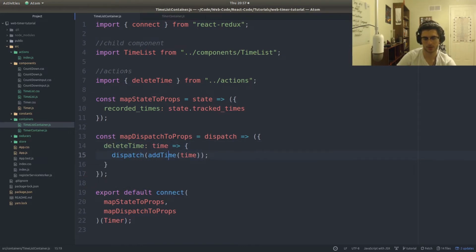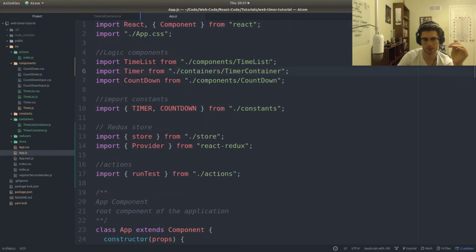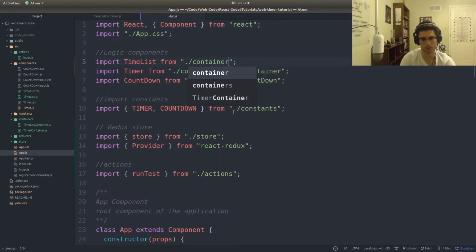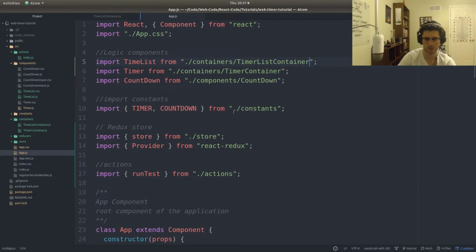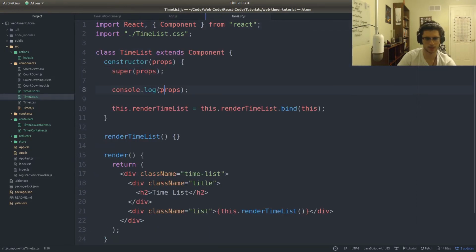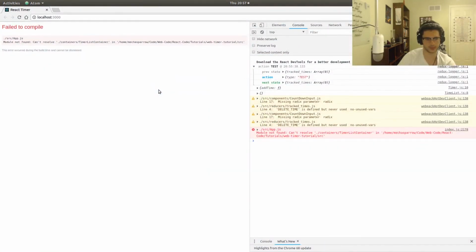And this will take in a time index, and this will dispatch a deleteTime action basically for us. So what this does is that when we go here, change it to TimeListContainer. Then we go back here,